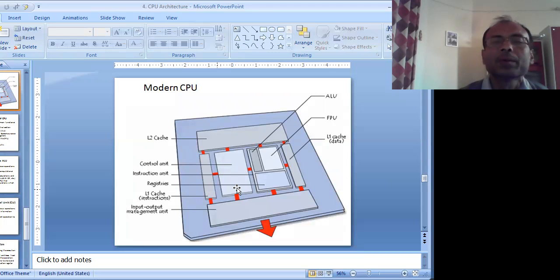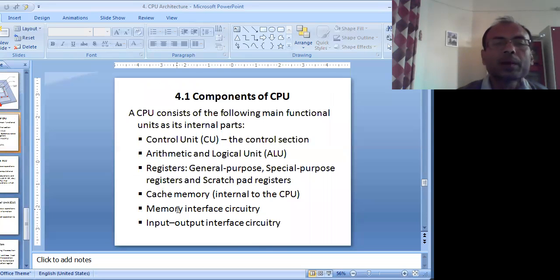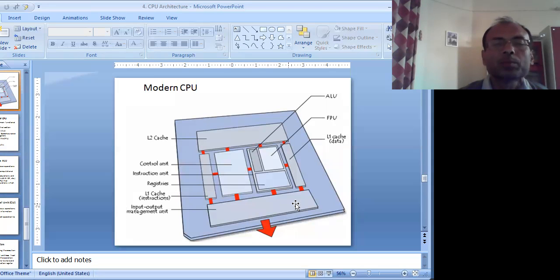You can see L1 cache memory divided in two parts, the separate L1 cache for data and for instruction, then L2 cache memory. Here the memory interface circuitry and the input-output interface circuitry, by using this input-output management unit,